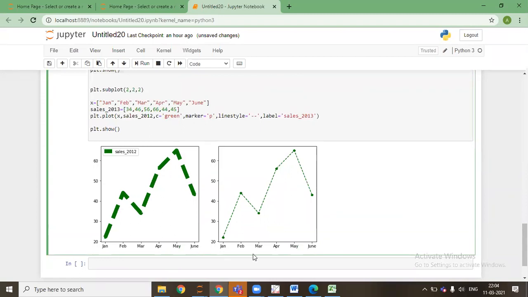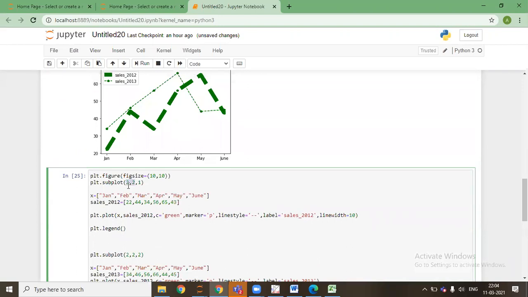So I'm making 2 horizontally and 2 vertically, which I've been telling to Python for this particular figure. And this graph 2 2 1 will be the first graph of these 4 graphs that I'll be constructing. This graph will be the second graph of the 4.